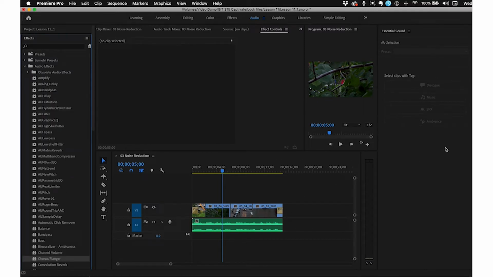But now that we have the Essential Sound panel, it's even easier. I'm going to play a little bit of this clip, and you're going to hear that there's a hum, a pretty big